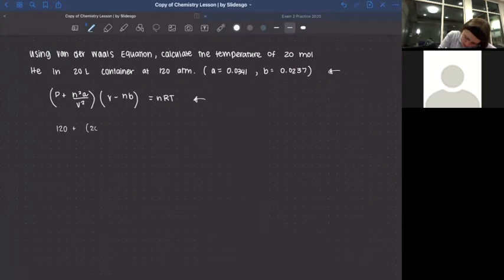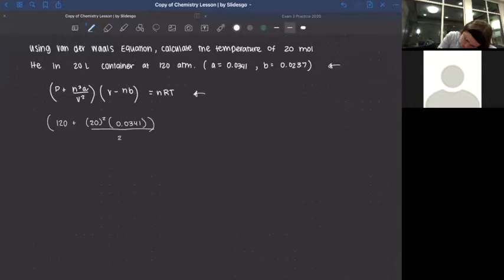So 20 squared times A, which is 0.0341 equals, oh, nope, I'm gonna put those in parentheses. Oh, nope, I forgot the V. So divided by the volume squared, which is just gonna be 20 squared times the volume, which is 20 again, minus the moles, which is 20 times